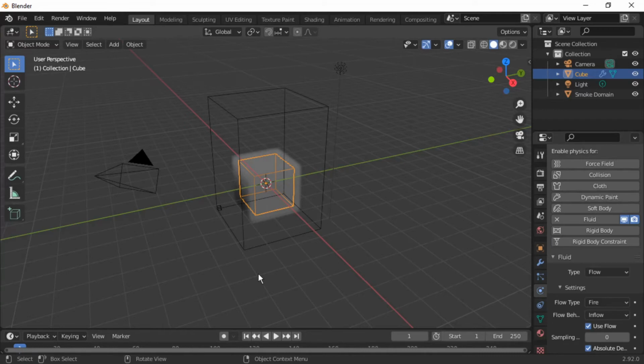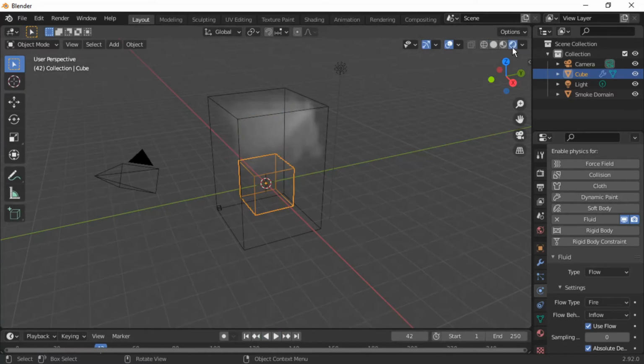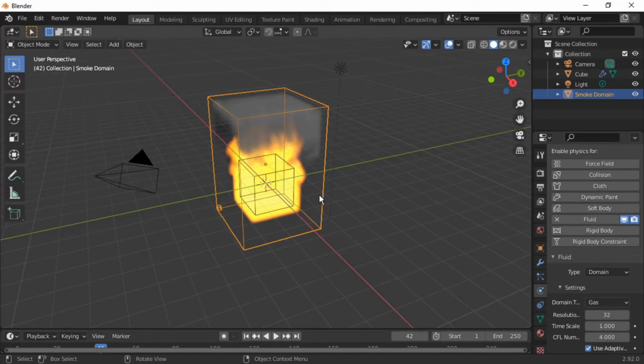And we're going to just do a quick run, and you see in the preview we're getting fire. We go to render mode and nothing. So back to our preview, and we're going to go to the smoke domain,